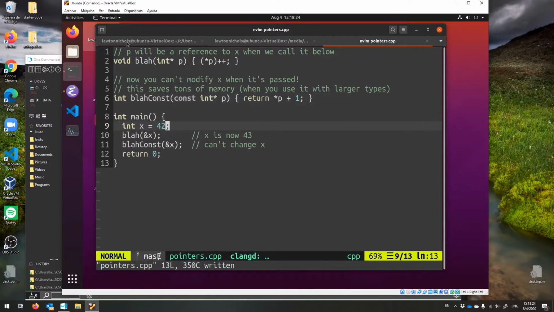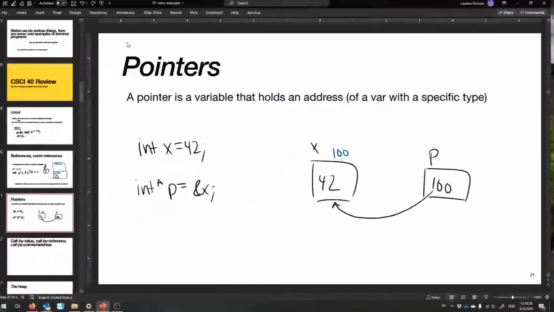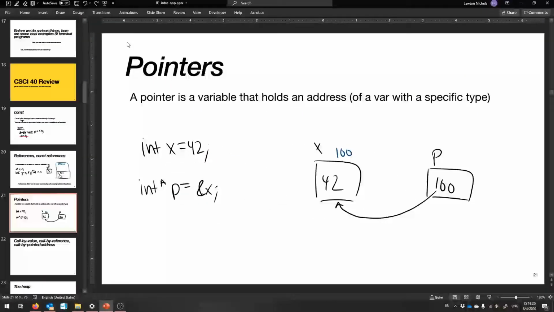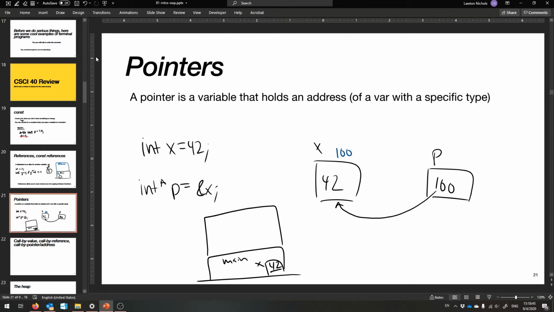Okay. And again, const makes sure that you can't change things, and this is really what's happening when you use references. It's just making a pointer for you. But let's see if we can draw maybe tiny what's happening. We have main, it has x, let's pretend it's 42 instead of 5 or whatever I put there. And inside of blah,